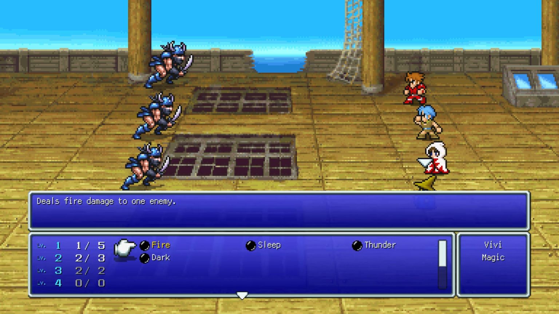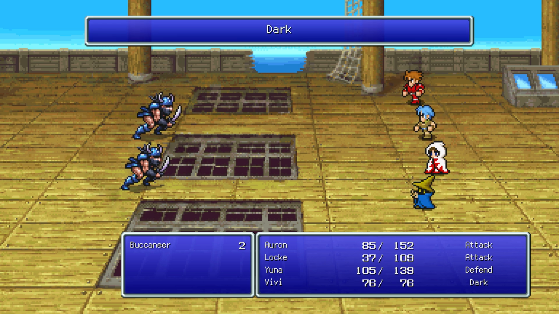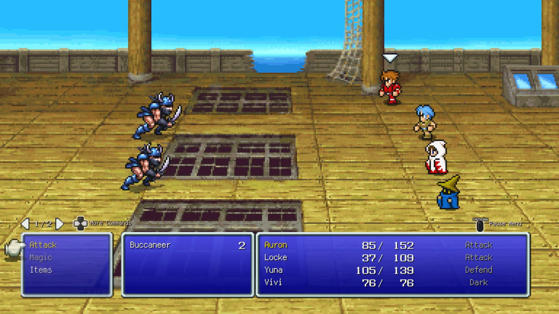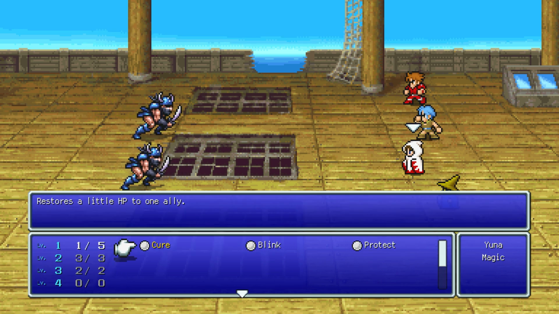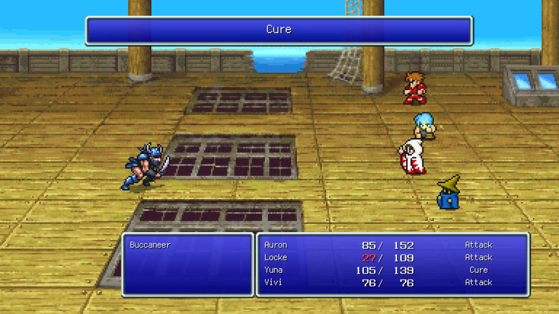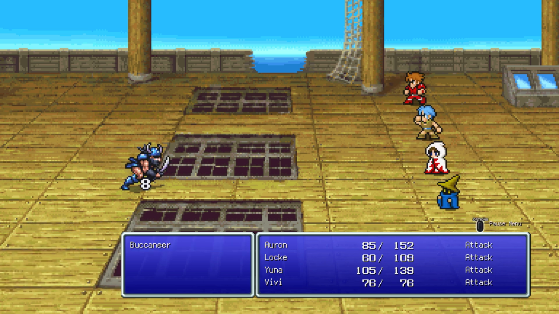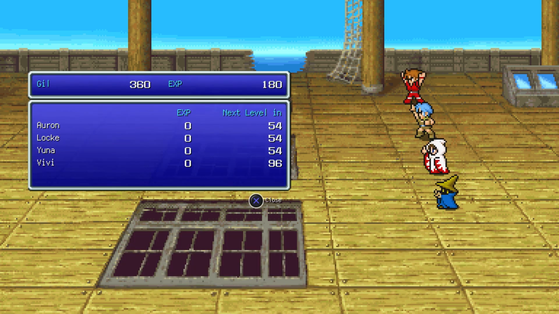I think for now we'll just defend and see what happens. Try another dark against these guys. 22, yeah, that's not a good sign. They did die to a 56, but they survived a 35, so it's not great. And we'll use our final cure here on Lock. Yeah, the cure's just not very strong. I don't know if the hammer's affecting it. It shouldn't be, from what we've seen so far, but